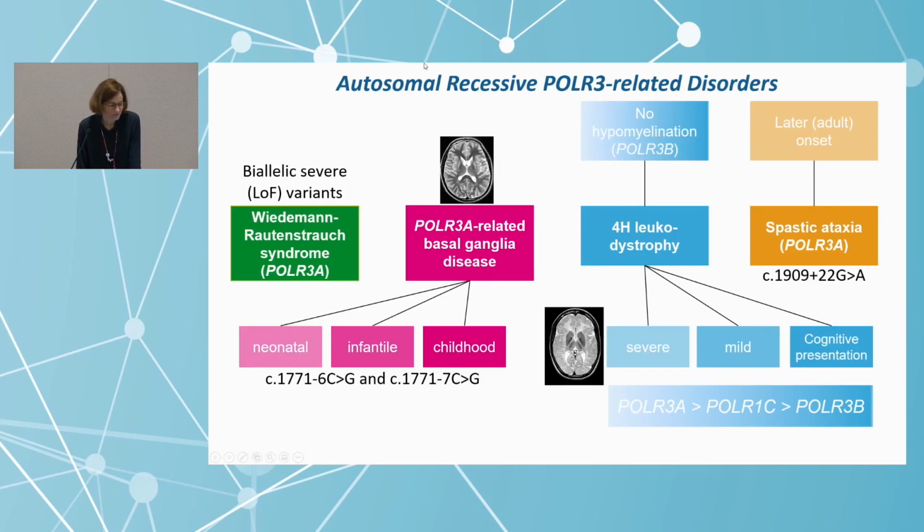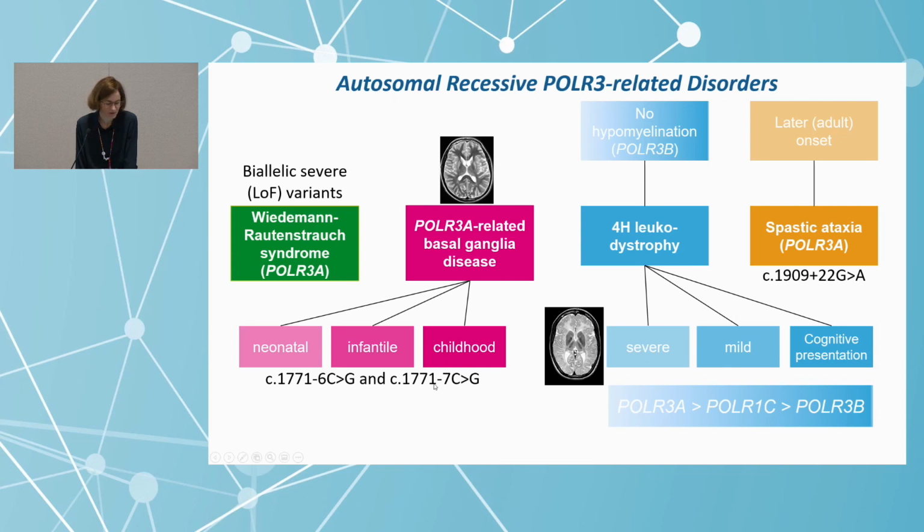So Geneviève already told you about the different variants, and all started with the 4H leukodystrophy, the typical MRI here, and we also have severe cases, milder cases, cases with a cognitive presentation. But we also have patients without hypomyelination, mainly with variants in POLR3B. We then have the severe Wiedemann-Rautenstrauch syndrome caused by specific variants, severe loss of function variants in POLR3A. We have the POLR3A-related basal ganglia disease, and all patients have on at least one allele one of